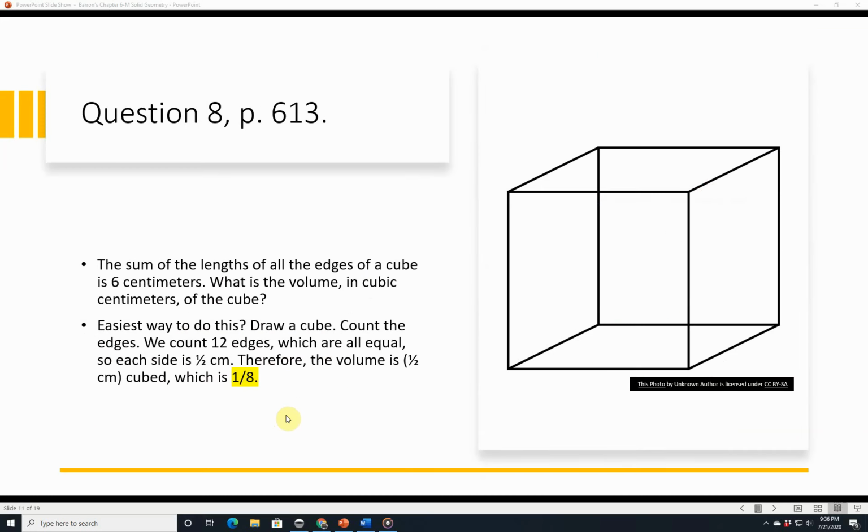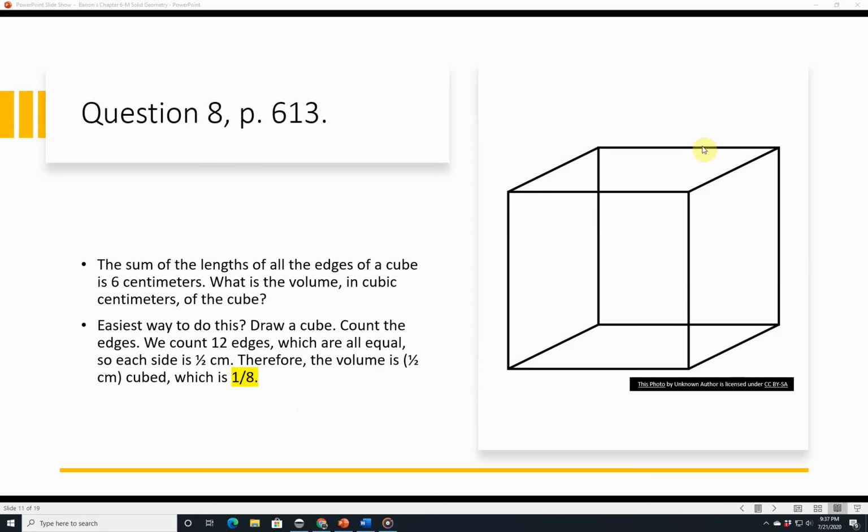And question 8, page 613. The sum of all the lengths of the edges of a cube is 6 centimeters. What is the volume in cubic centimeters of the cube? Well, the easiest way to do this is literally just draw a little doodle, a little sketch of a cube. So then when you're done drawing it and you make it see-through like this, so you go, okay, how many